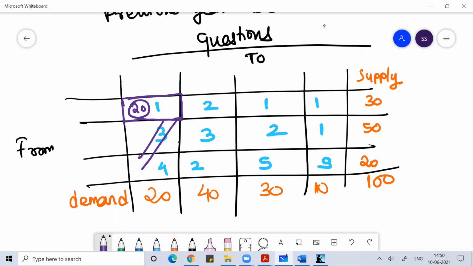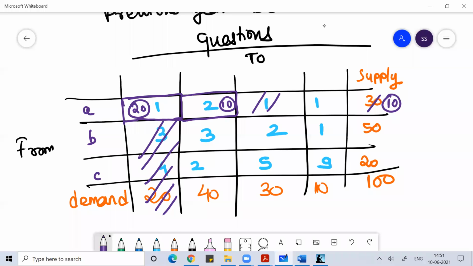Now nothing more can be done from this end, as it is exhausted. The supply was 30, the demand was only 20, so you supplied 20 units and 10 units are left available. Then you go to the next cell. Suppose these are A, B and C. Now A can supply only 10 units, while the demand is 40 units. So it can supply only 10 units, and you put 10.